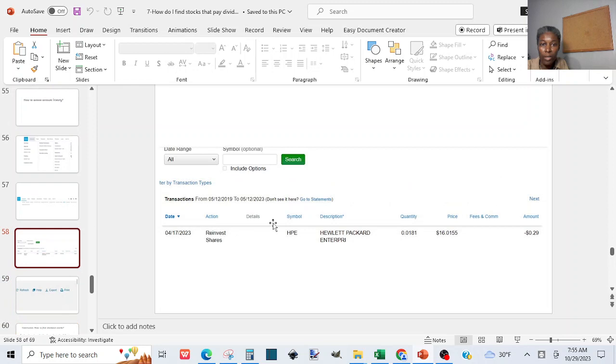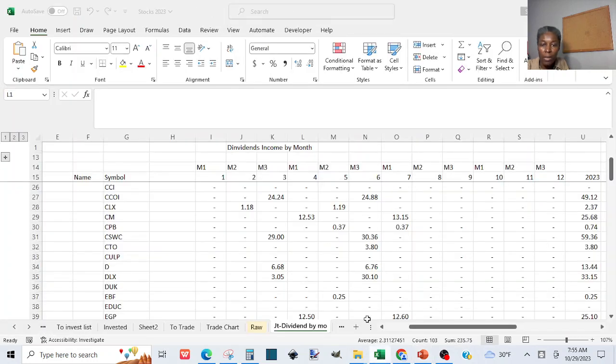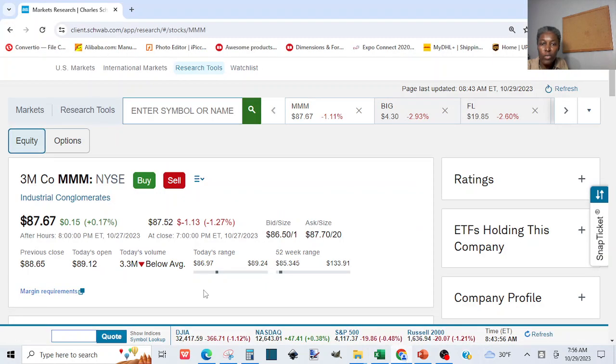You make sure you have the right account selected, and you'll be able to see the transactions that happened in your account, whether it was interest you earned, dividend from a stock, and the dividend got reinvested. You will see those, and you can just manually update your spreadsheet next to each stock for what you earned,